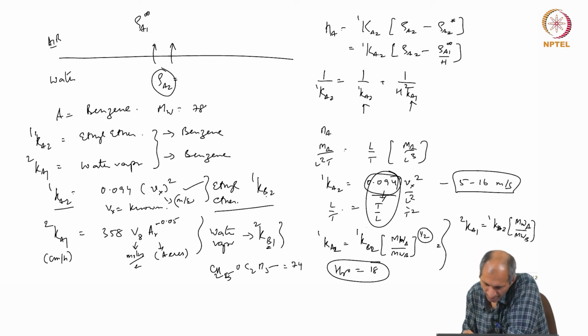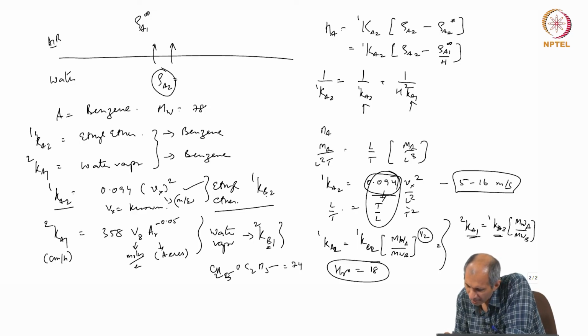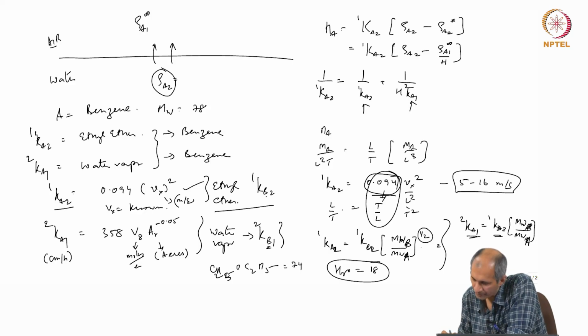You will have a decrease in the mass transfer coefficient. So, A is here and B, yes, it will be decreased, it will be the molecular weight of B by molecular weight of A raised to half. So, for example, molecular weight for benzene will be smaller than that for